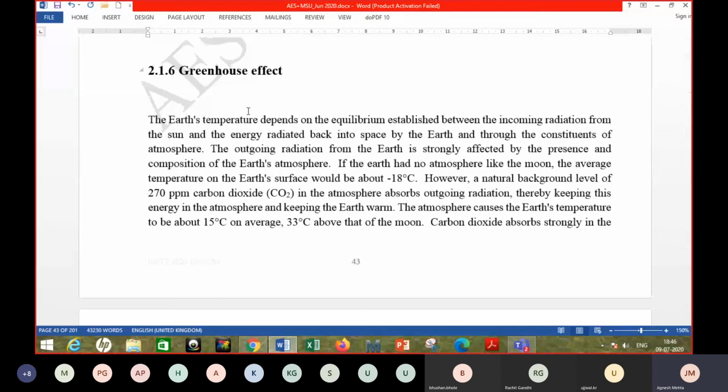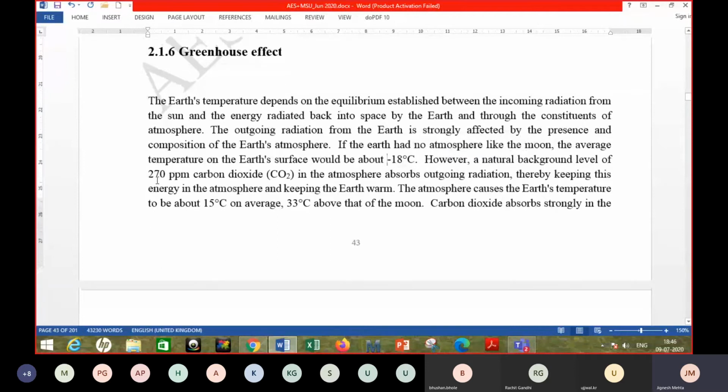Now, the greenhouse effect would be totally absent if the atmosphere were absent. But a higher amount of heat stored in the atmosphere is what is not desirable. Otherwise, some storage of heat in the Earth's atmosphere makes life on Earth possible. If there is no atmosphere, then the Earth will lose more heat, and the Earth's surface, as it is mentioned here, would be at minus 18 degrees Celsius, and life would not be possible.